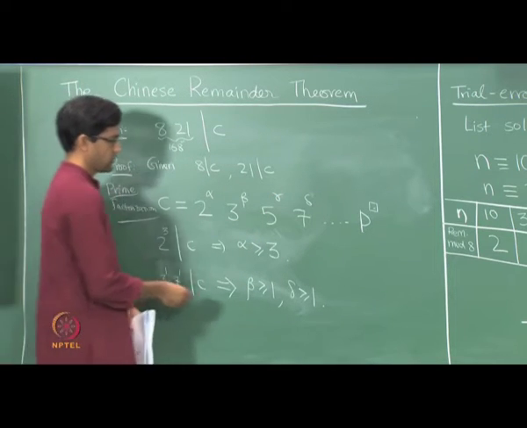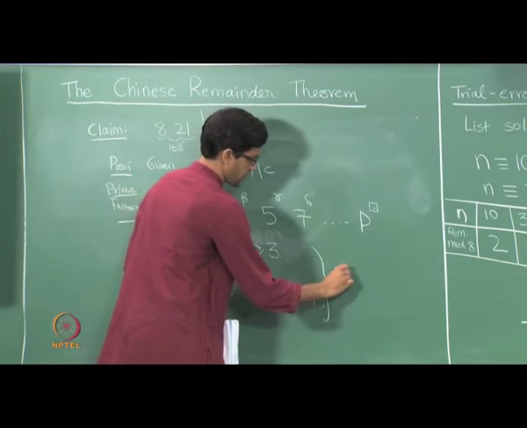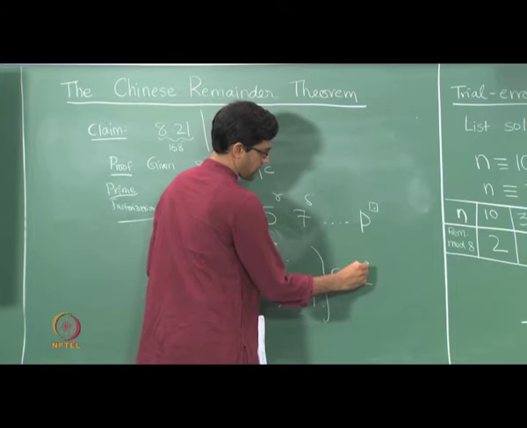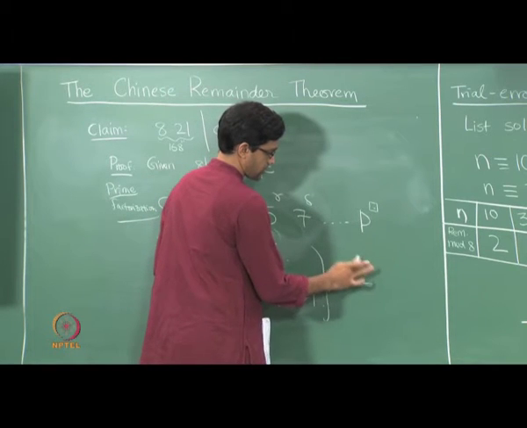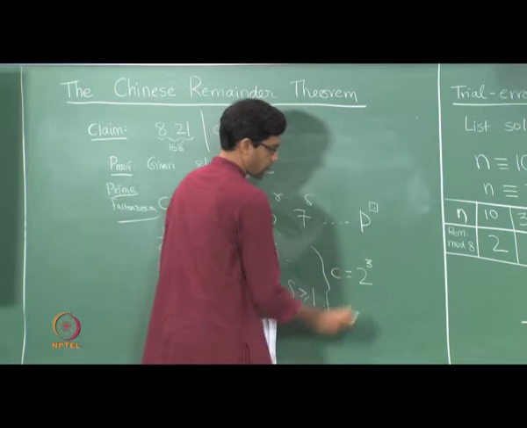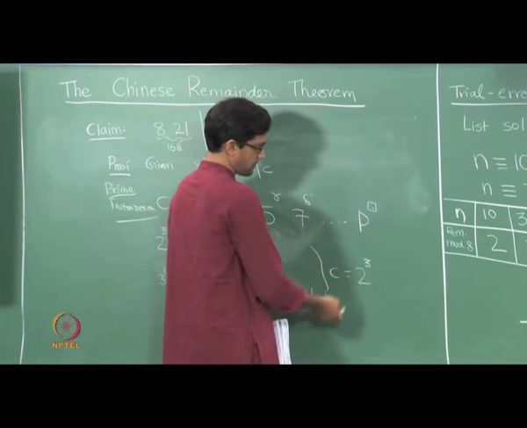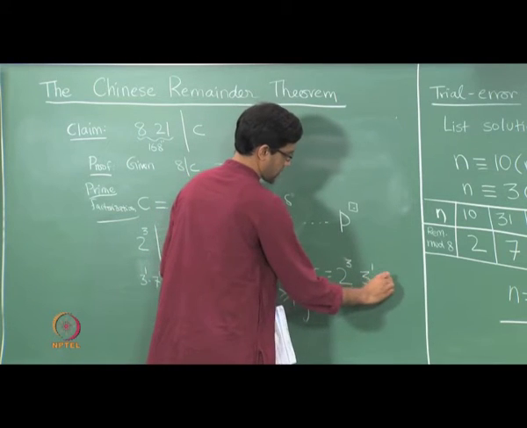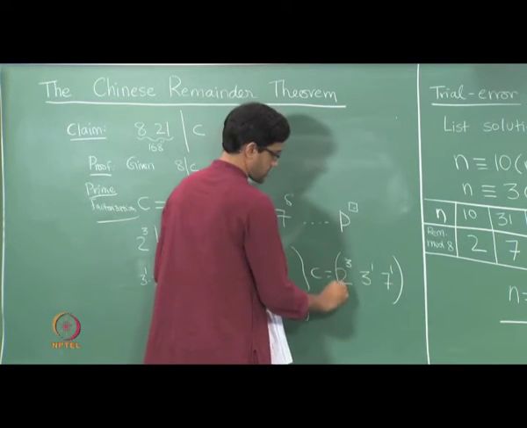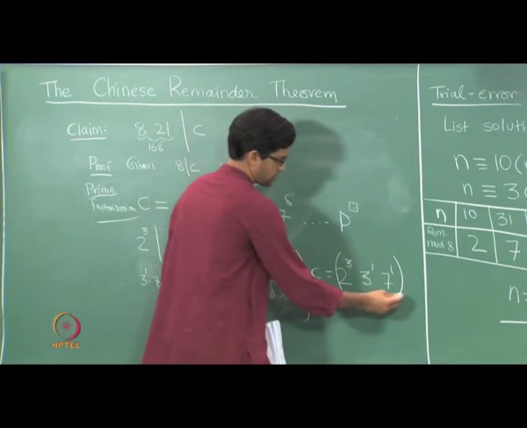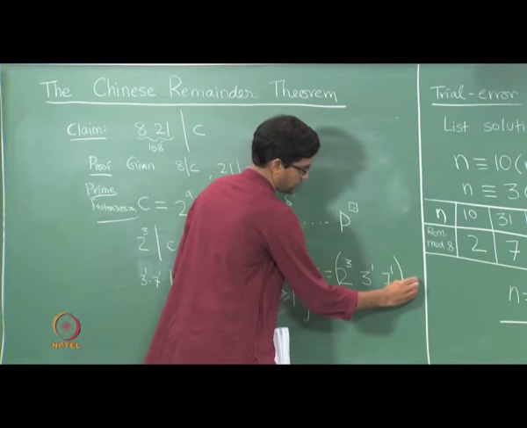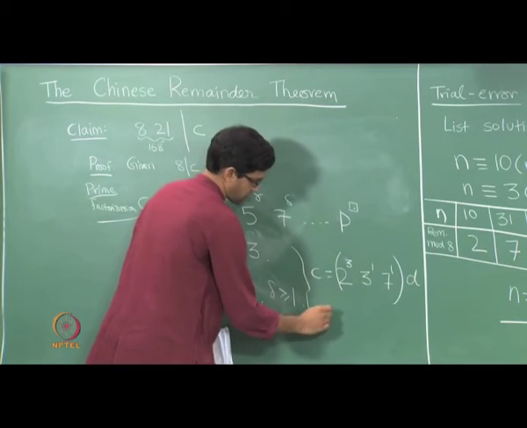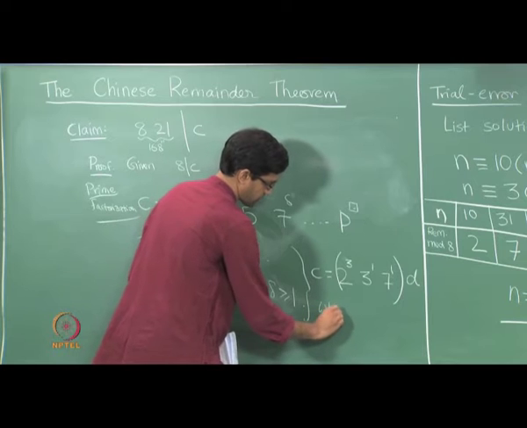So the final expression for C looks like 2 power 3 plus something. So this power here is at least 3. Let me think of it as there is surely a 2 cubed, and in addition there may be more powers of 2 involved. Similarly, there's at least a 3 power 1, there is at least a 7 power 1. These factors are guaranteed to be there. In addition, there could be other things. So let me say C looks like this times D, where D is some natural number or some integer.